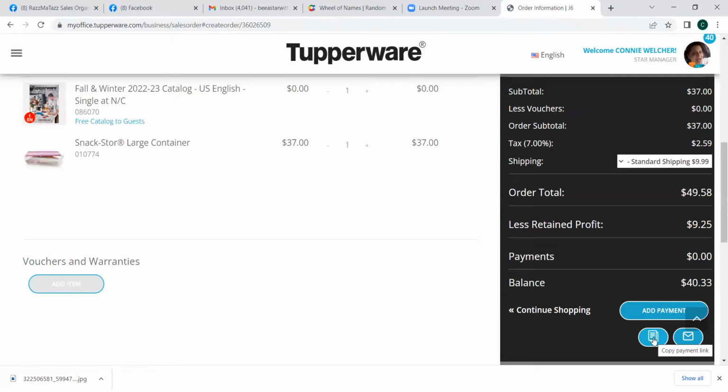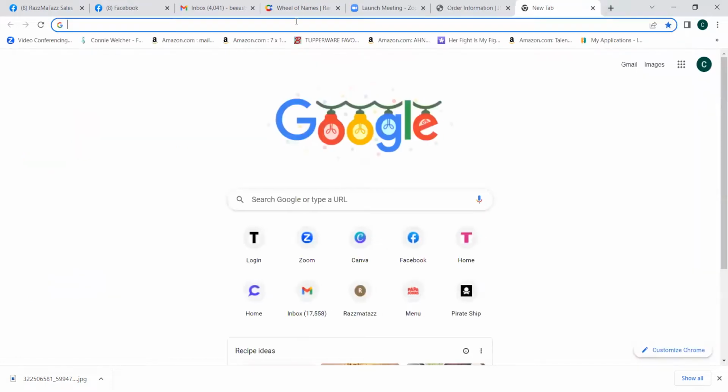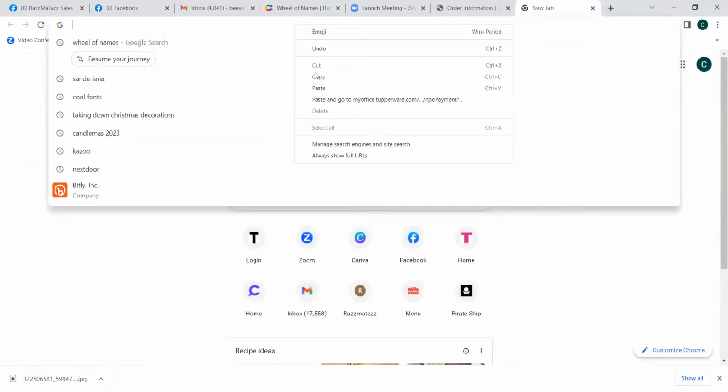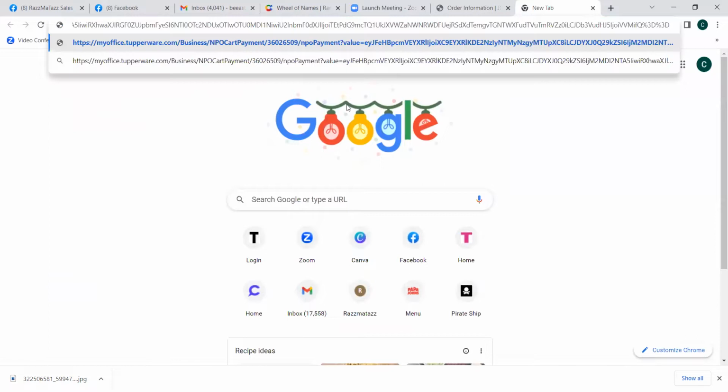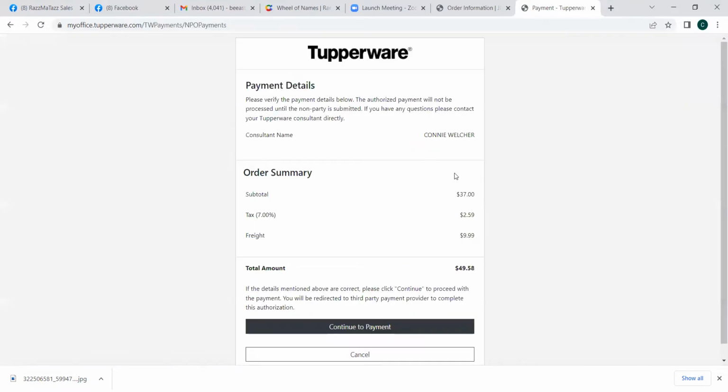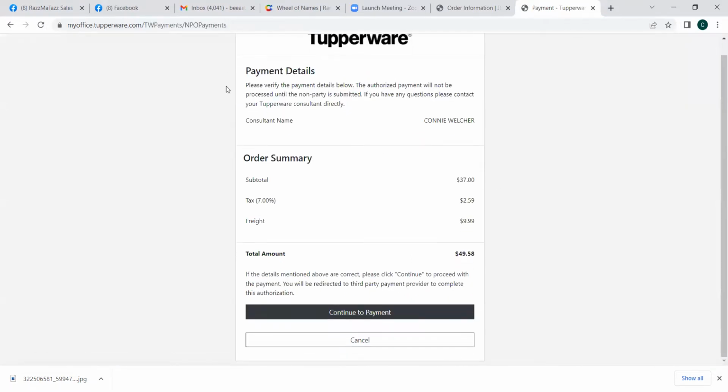Like if you were going to be texting it or so on, you can copy and paste. So I'm going to click the copied, and I'm going to go to a new tab and paste that into my URL bar. All right, and that's going to take me to the payment screen. As you can see in the payment screen, it is charging the full amount, the $49.58, which is due by